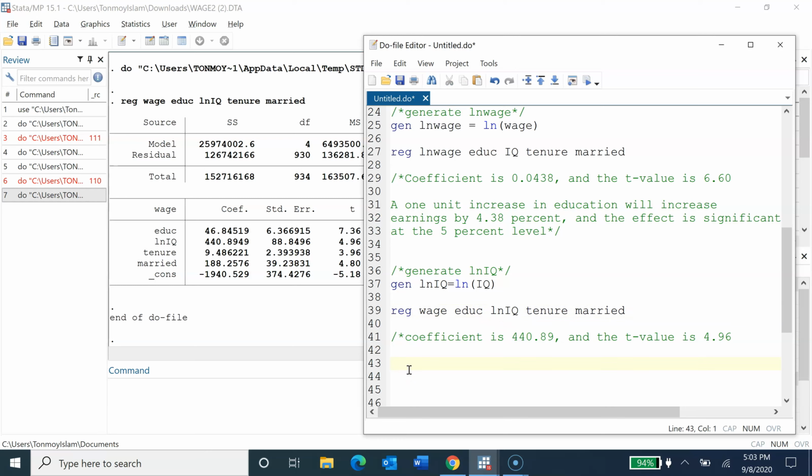So the interpretation would be, instead of a 1 unit increase in IQ, a 1% increase in IQ would increase my wages by, now here it is 440, but if you remember, we have to divide that by 100, and that went into the analysis, so it would be 4.41